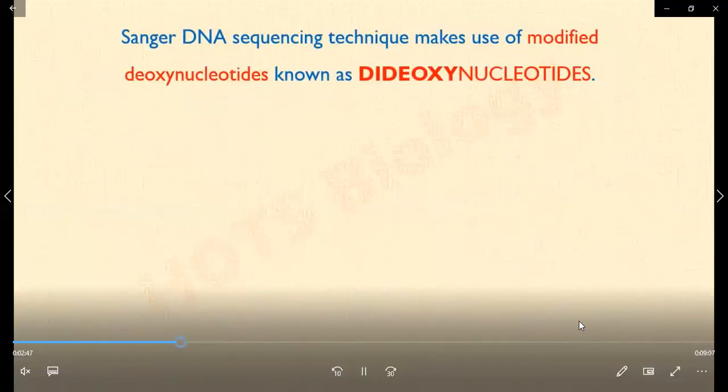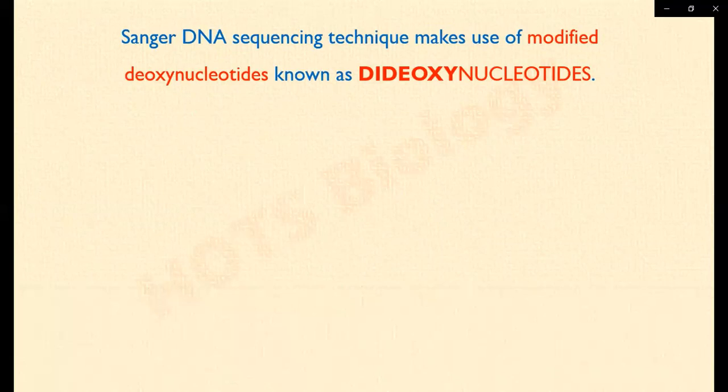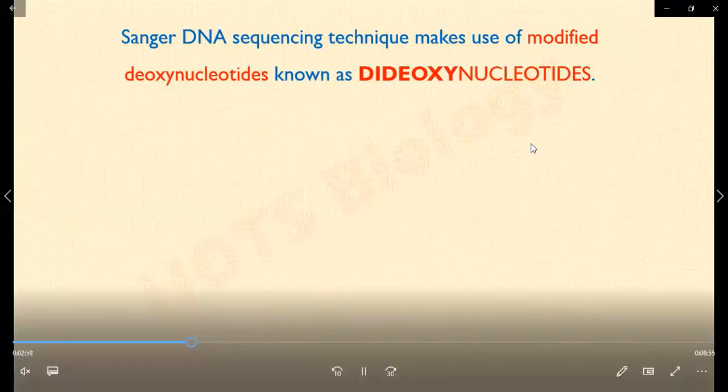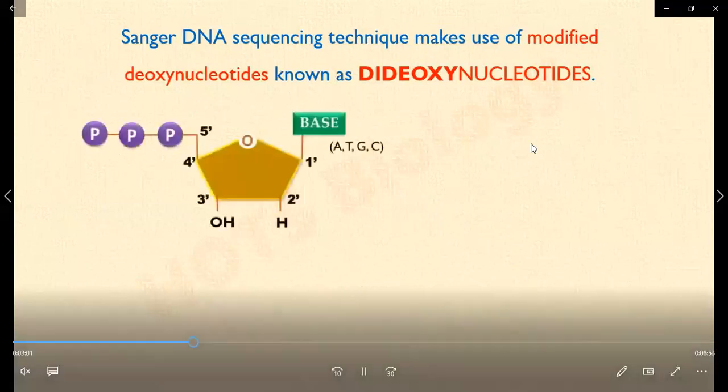Sanger sequencing, a DNA sequencing technique, makes use of modified deoxynucleotides which are called dideoxynucleotides. कल इसका डिफरेंस भी मैंने आपको बता दिया था।